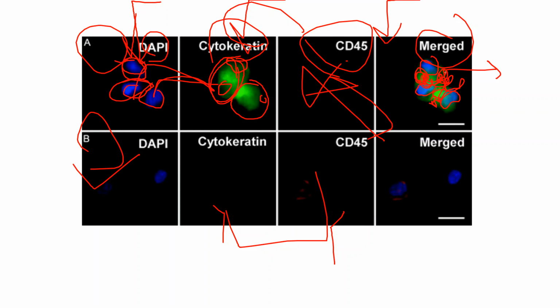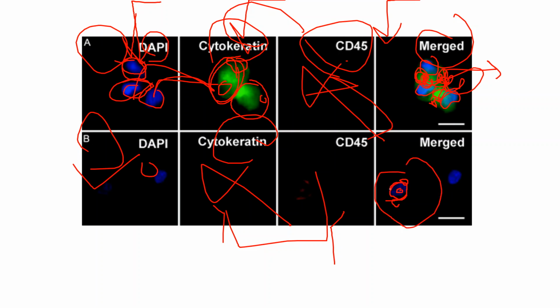Mostly they are present in the cytoplasm. Now, for CD45 in the second situation, we can see that cytokeratin is not there. This is the nucleus, and CD45 is there. We can see that this CD45 is normally present at the cell surface, but here we can see that some is in the nucleus also. Some red signal is at the nuclear lamina also, right? And also in the cytoplasm. So CD45 is normally only at the cell surface, not in the cytoplasm. This is normally not present inside the nuclear lamina, right?